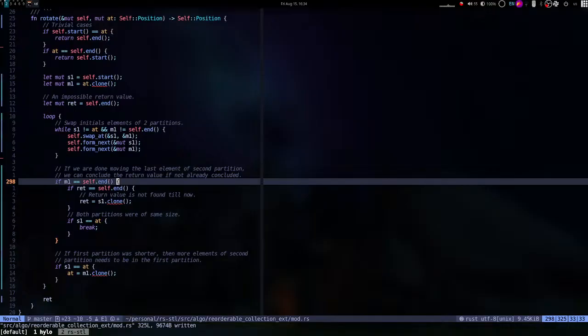If both partitions are not of the same size,